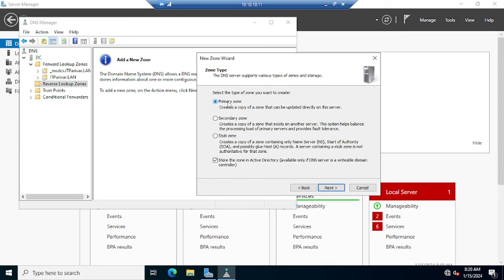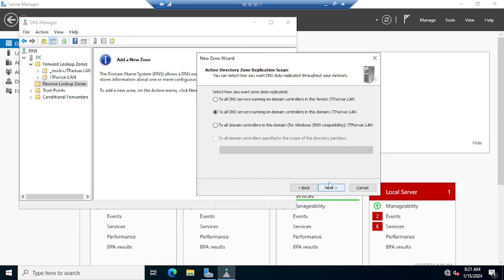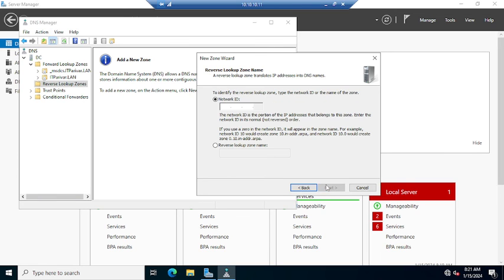As we are going to create the zone on this server only, we will create a primary zone on this. Next, select how you want the zone data replicated. To all DNS servers running on domain controllers in this domain itparivar.lan. Just select next, and here the network ID, right? My domain controller IP is 10.10.10.11, so here the network will be 10.10.10,